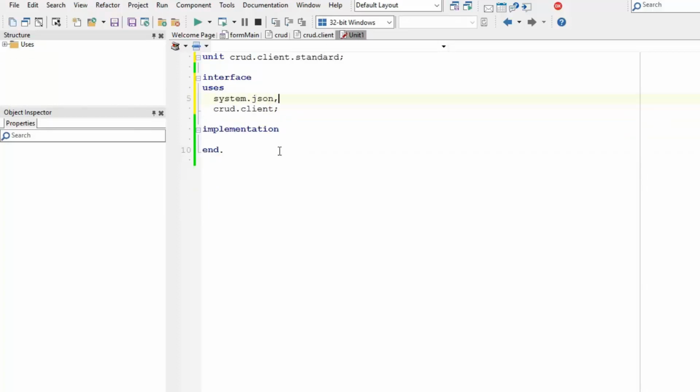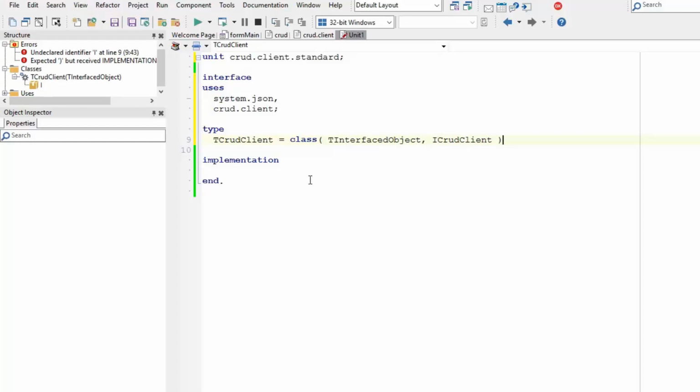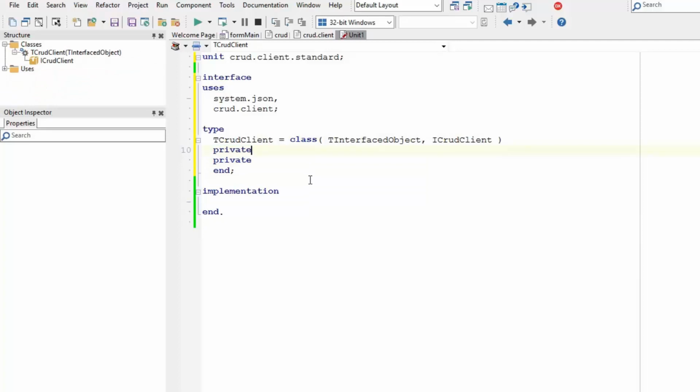Then we'll start creating the class which implements this interface. So TCRUDClient will be the class, and it is a TInterfacedObject, and it represents the ICRUDClient interface. So we'll have a private section. In fact, I'm going to have two of these. In this private section I'm going to put my private members, and in this private section I'm going to put ICRUDClient's methods, and then we'll have a public section in which I'll have a constructor,